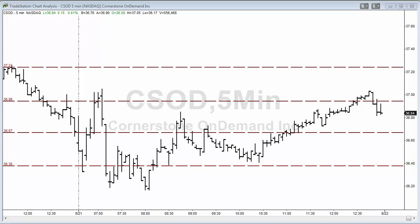Logical way to structure these trades is to start small, keep the risk to a minimum, never allow for less than 1.5 to 1 in terms of reward to risk ratio, and you should be on your way. So once you're making money with 100 shares, you raise it to 200 shares. Once you're making money on 200 shares, raise it to 400 shares, etc. Never want to start trading with large share size. Always want to get used to any trading methodology first, and then ramp up the shares once you start getting profitable. So if you have any questions about that or anything else, send me an email,